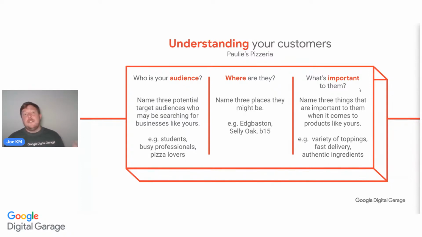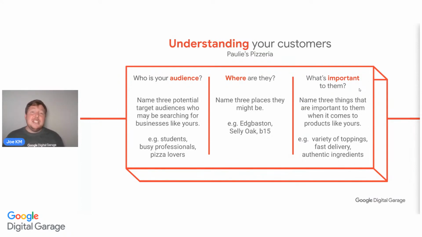Busy professionals, on the flip side, they have money, but they have little time. So have they got time to cook pizzas? Have they got time to make the dinner when they get back at 8 o'clock at night and don't want to cook something for 30 minutes? And then we've got pizza lovers, so people that want authentic, Italian, tasty, fresh mozzarella, fresh basil, pastrami, salami, prosciutto ham, stuff that is amazing. They don't want cubes of ham.